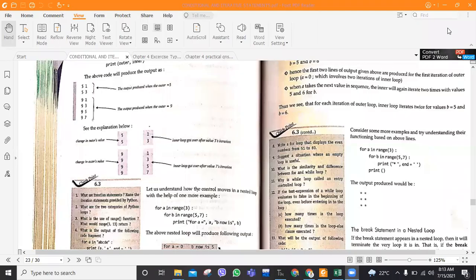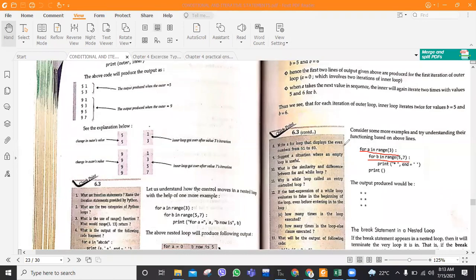So today we'll be studying about nested looping statements. Nested means anything within the same object, like any object within the same type of object. For example, a nested looping statement means a loop within a loop. So here, as you can see, a nested for loop: one for loop is there, then another for loop is inside that for loop. So this is known as a nested for loop. Any object inside the same type of object is known as a nested condition.